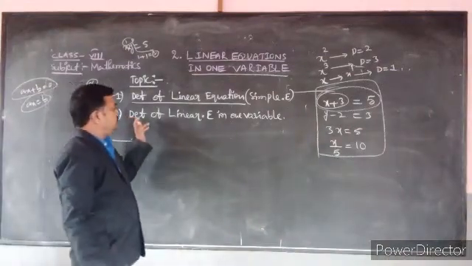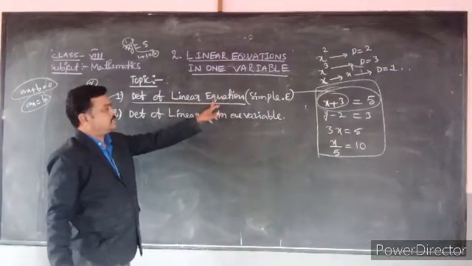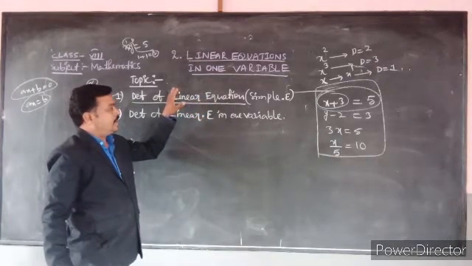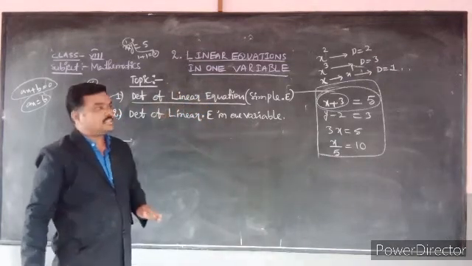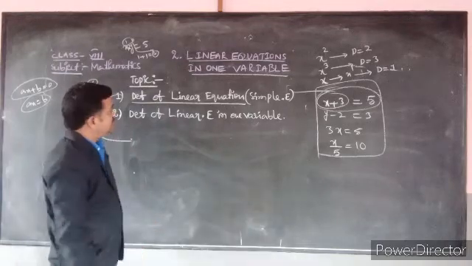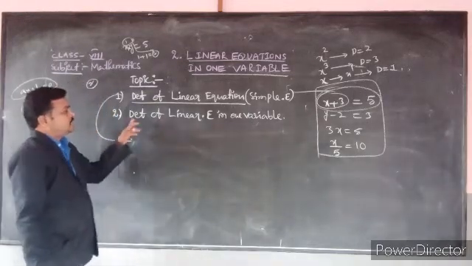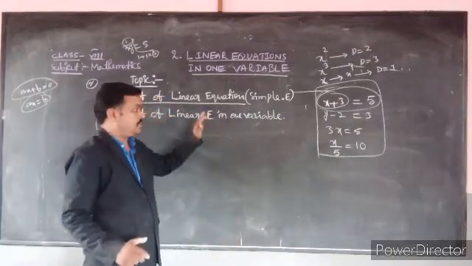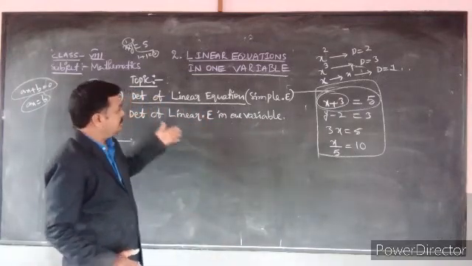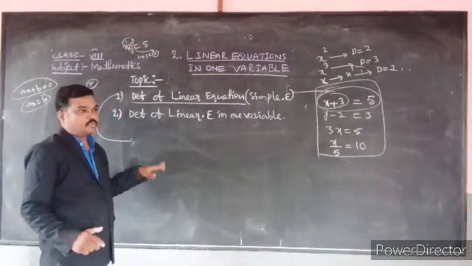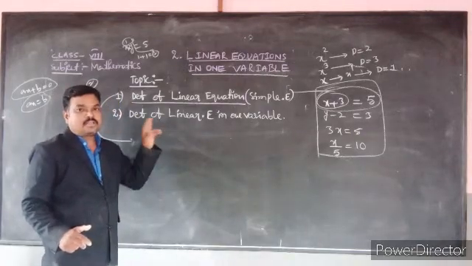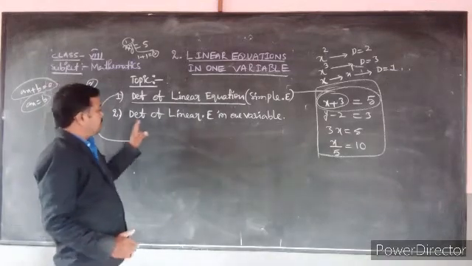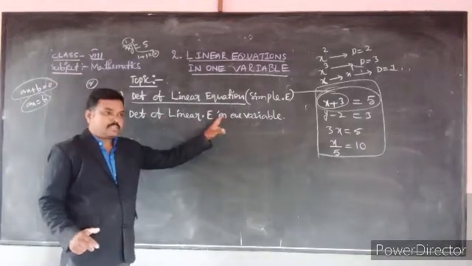Now we discussed how to identify linear equations. In an equation, if the degree is 1, that is called a linear equation. The next concept is linear equation in one variable. This is very simple. In the previous examples, in the first example, there were two variables. Linear equation in one variable is